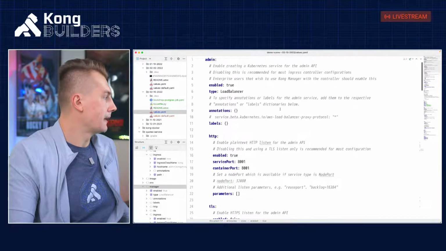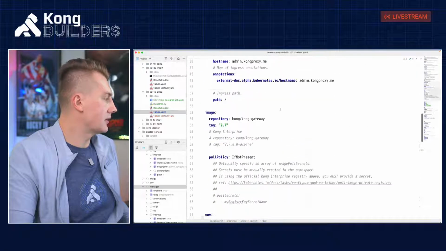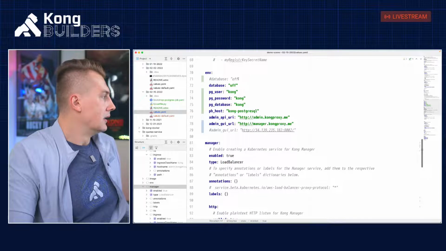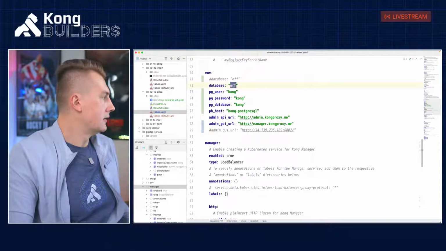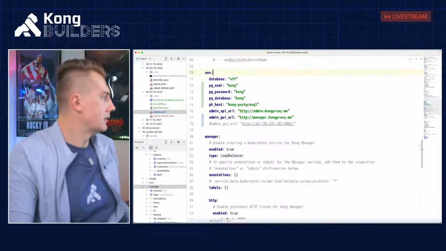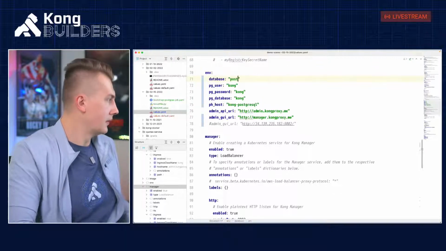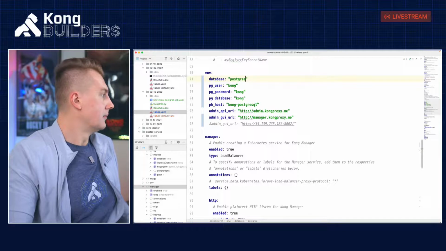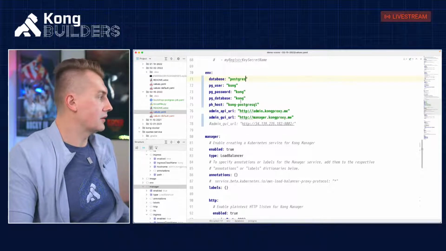Plus, one of the things that I want to enable here is a... so I'm going to be using Kong Ingress, Postgres database.